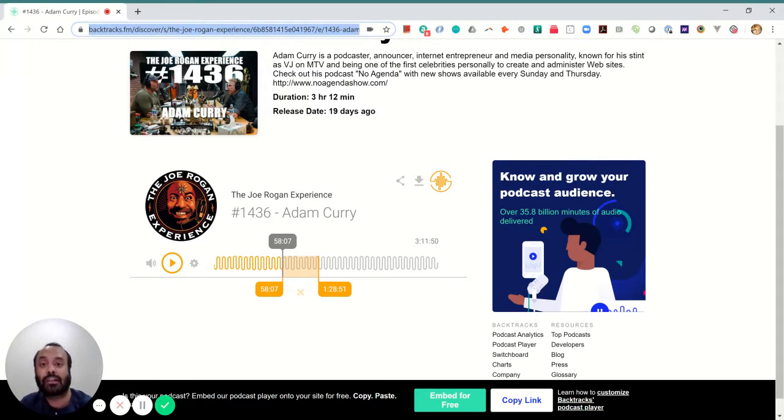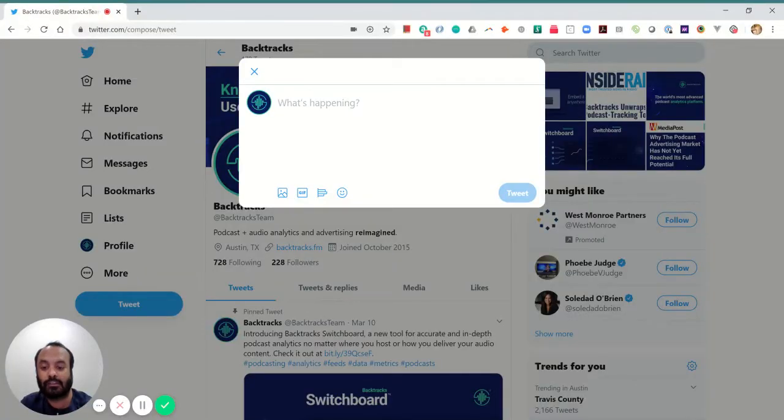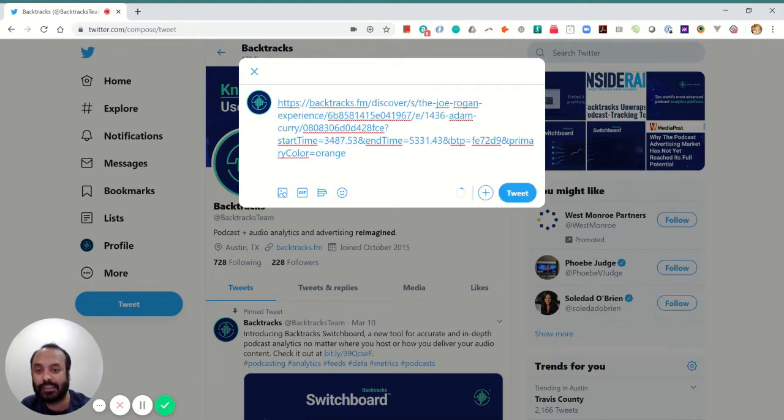With Backtracks, you get all those analytics back in the system as well. So if you're sharing public content or you're sharing your content that you want out there on the web via our directory or other means, with the Backtracks player, it will render natively in Twitter in this example. So what I'm doing here is you can type any tweet text you want, any hashtags, any handles, but I'm just going to paste that link. Then when I tweet it,